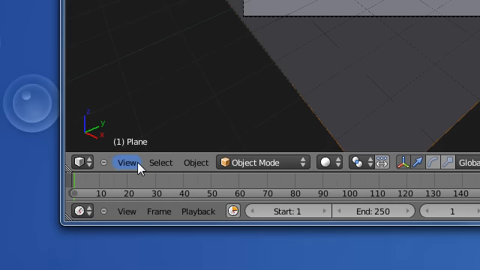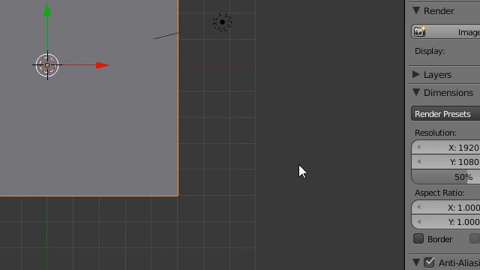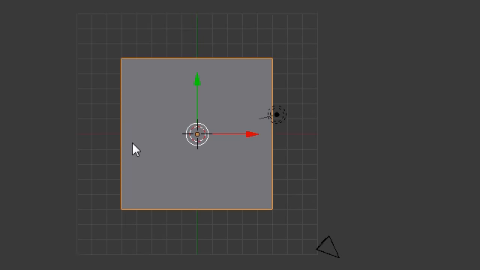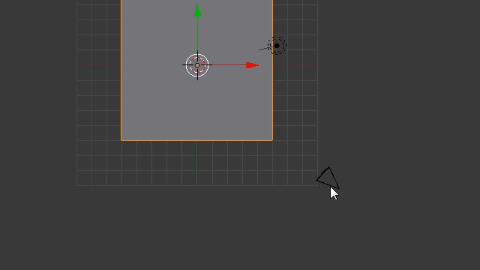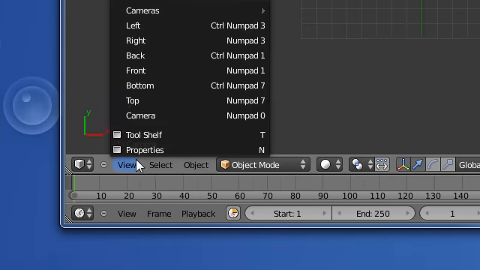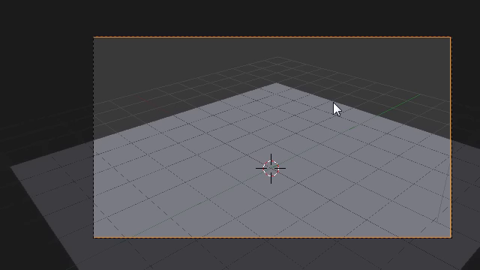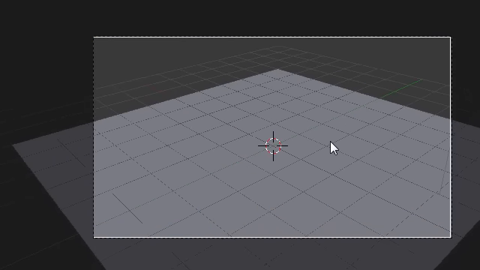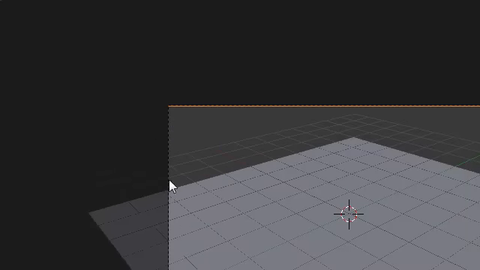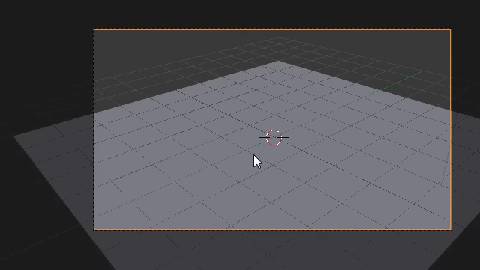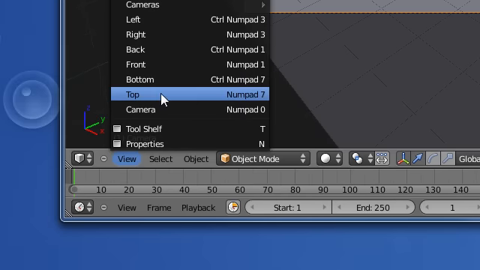So we're going to go to top view. We are going to zoom out with our middle mouse button, if you have one. And we're going to right click on the camera. After we right click on the camera, hit the G key, and we're going to move it forward a little bit towards the plane. There, it looks good. Hit view, camera, and hit the G key, move it down just a little bit, and there we go. We've limited the area that the camera sees just to the plane as the bottom of the scene. So now that that's done, go up to View, Top View,